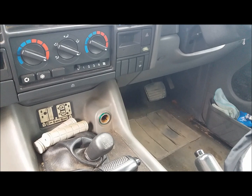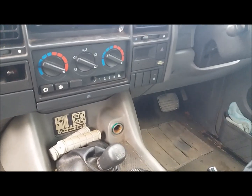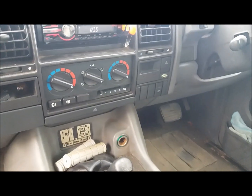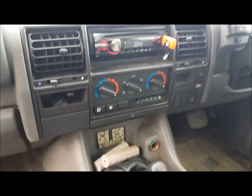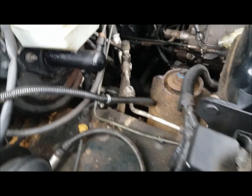We'll try and plug it in, which you can't, or you can, but it doesn't read anything for some reason or other. So I've changed the oil, changed the fuel filter, oil filter anyway, and I've cleaned the water thing out of the back, and that still didn't make any difference. So I thought, right, so the next stage is to go in under the bonnet. So under the bonnet,